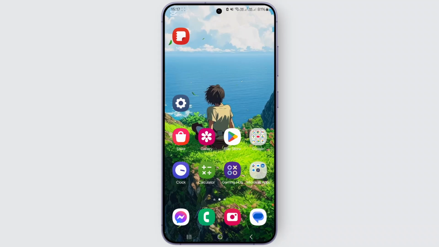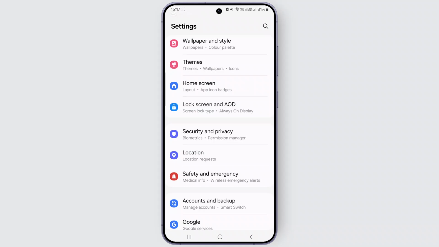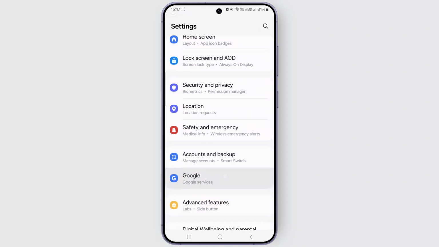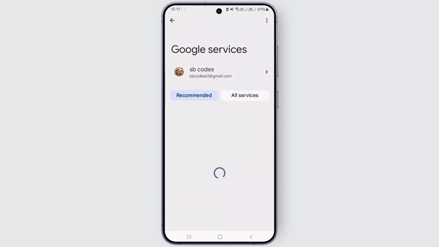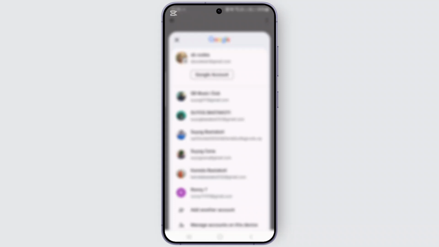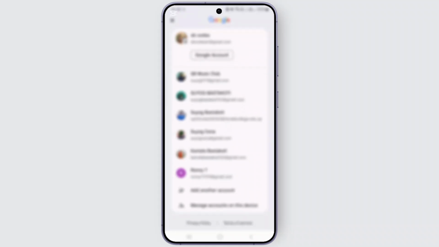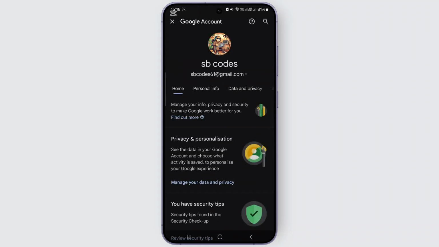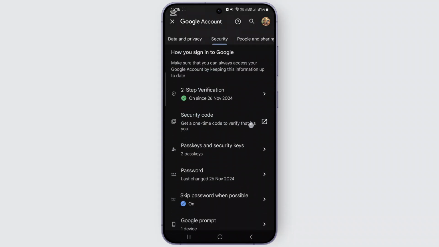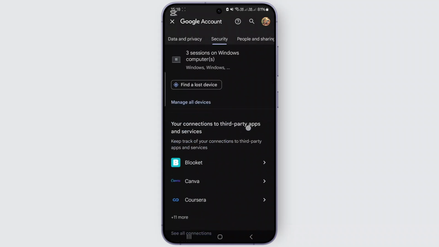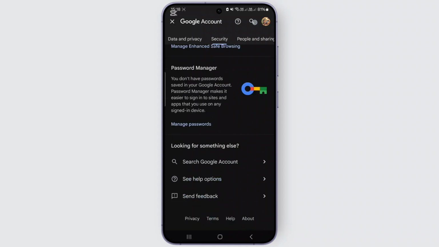So first thing, simply head over to settings, and once you're inside your settings, just click on this Google option from over here and select the Gmail account on which you are logged in. And from over here, just click on this Google account or manage Google account option, and head over to your security. And once you're inside your security option, just scroll all the way down and now